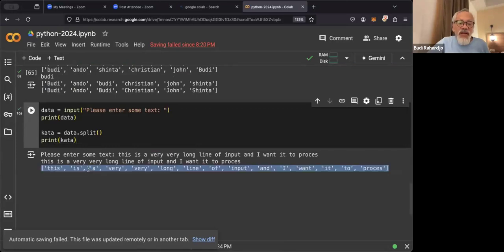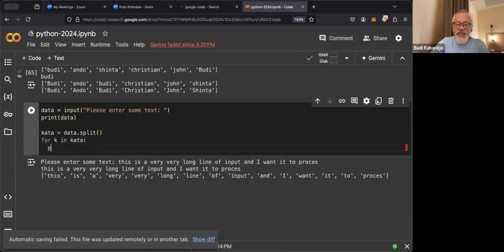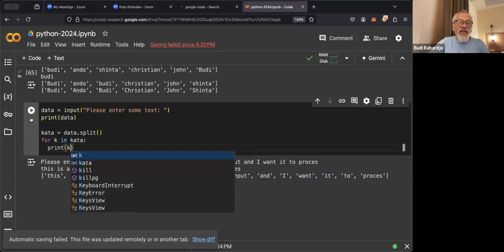So it will create a dictionary or a list that has these words. It will split into this, is, a, very, long, input. So you can print kata that way, or you can do for k in kata, print k.